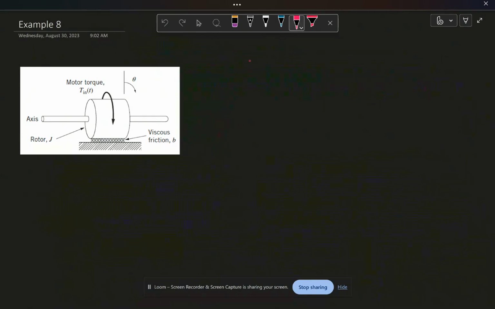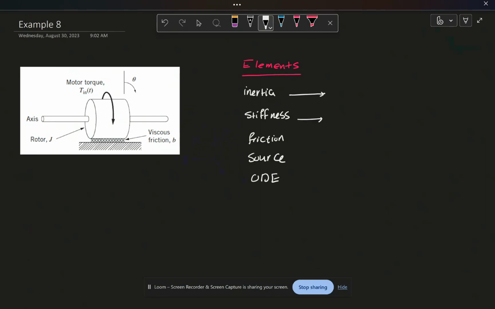At first, I'm going to list the elements in the system. For the elements, I would go after inertia, stiffness, friction, my source, and the number of bodies. Now, looking at this system,